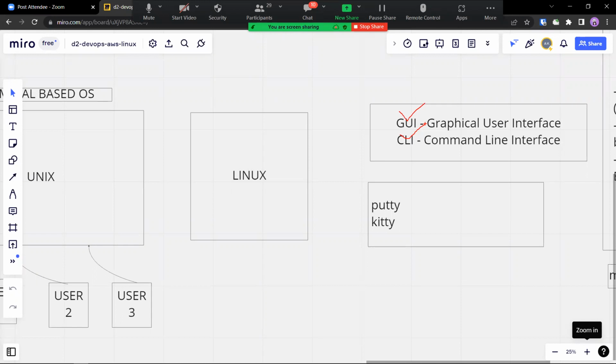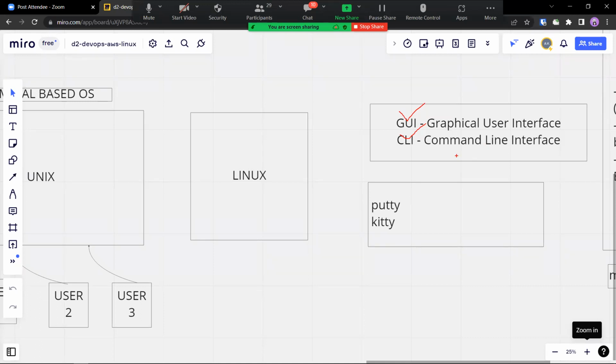What's the answer? One of them or none of the above? None of the above. That's a general trick question that you normally get on Windows versus Linux also. It's more like a fun question.